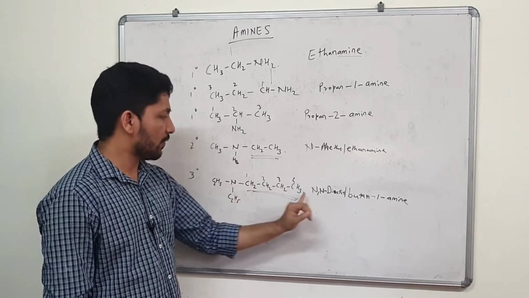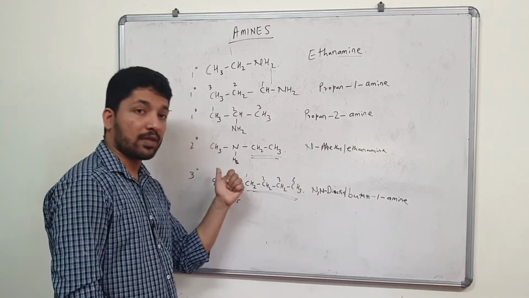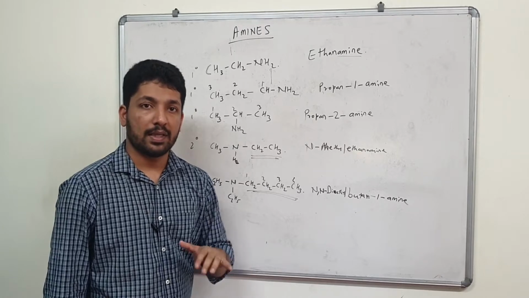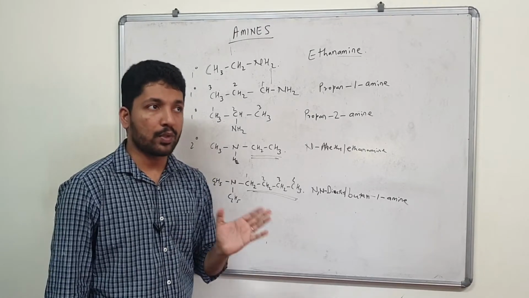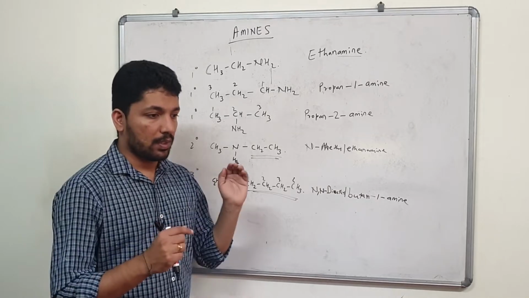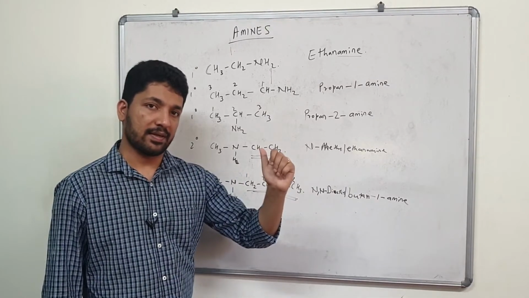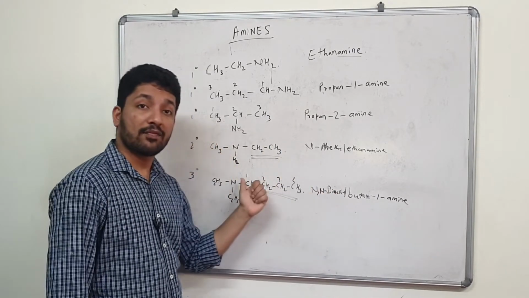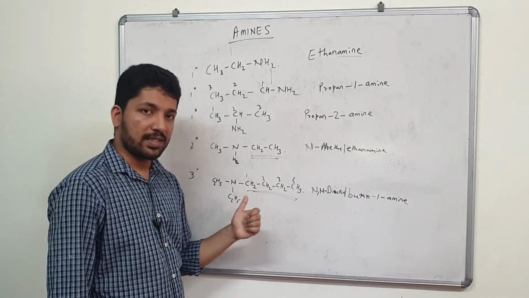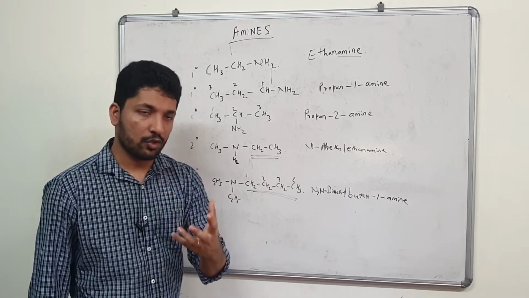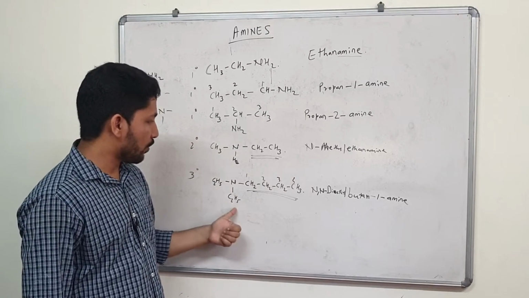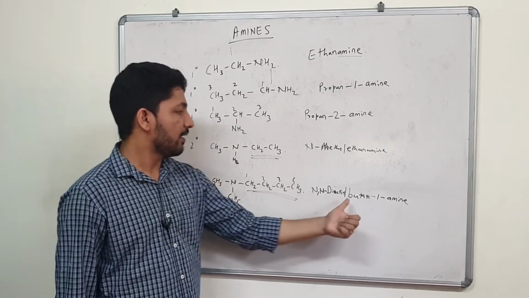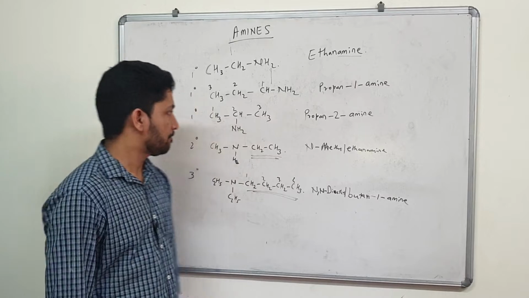And mind you, if this attaches over here, the chain will start like this, 1, 2, 3, 4. There is nothing called butane-4-amine. Butane-4-amine does not exist, okay. It's butane-1-amine. You cannot put butane and 4 because there are only 4 carbons. So from the left side or from the right side, both become position number 1. Second position from the right, second position from the left, both become position number 2 as far as how you see the functional group getting attached, okay. And since there are 2 ethyl groups over here, we name it as N,N-diethyl. Did you see? N,N-diethyl and then the base compound butane-1-amine, okay.